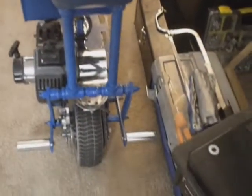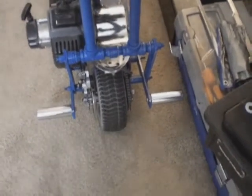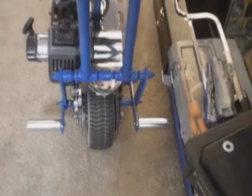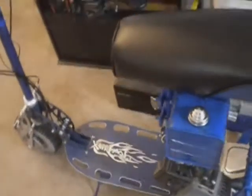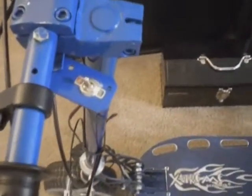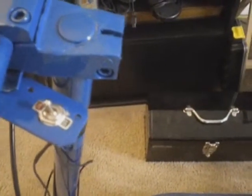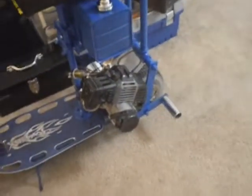And I've installed BMX foot pegs for smaller passengers. But I'm pretty proud of it. It turned out pretty well. Another little small highlight is the toggle on off switch. But it runs pretty well. I would recommend